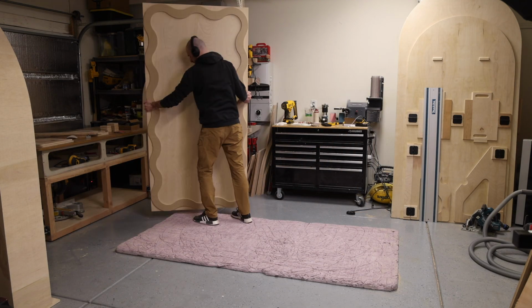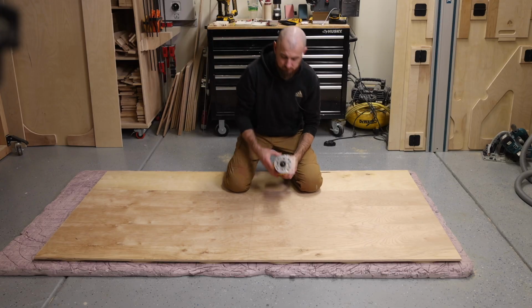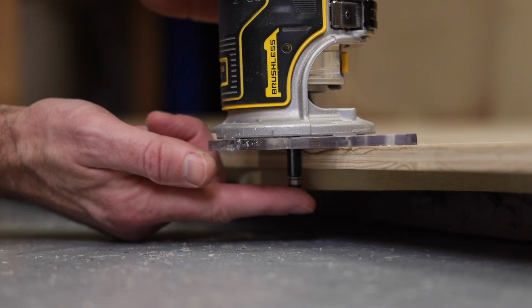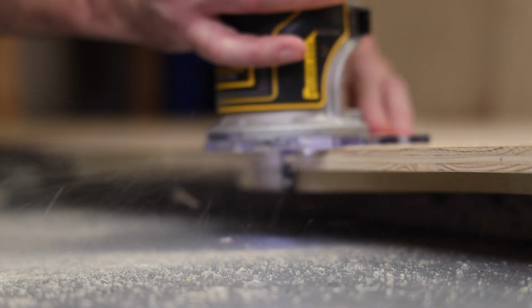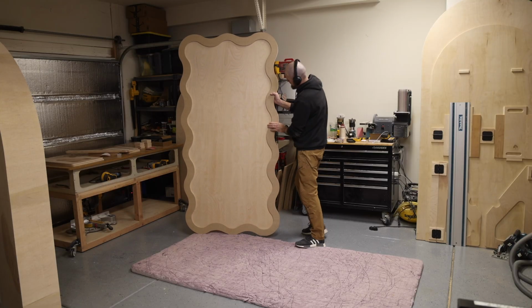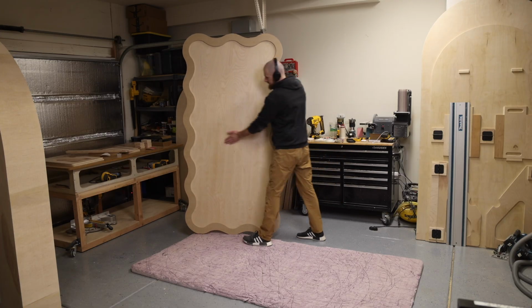Now I'm gonna trim the second layer to match the wavy pattern. For this, I'll be using a router with a flush trim bit. This follows the shape of the wavy layer and makes a perfect copy. No extra measuring needed. If you want to make this backdrop more portable, I will cut it in half and